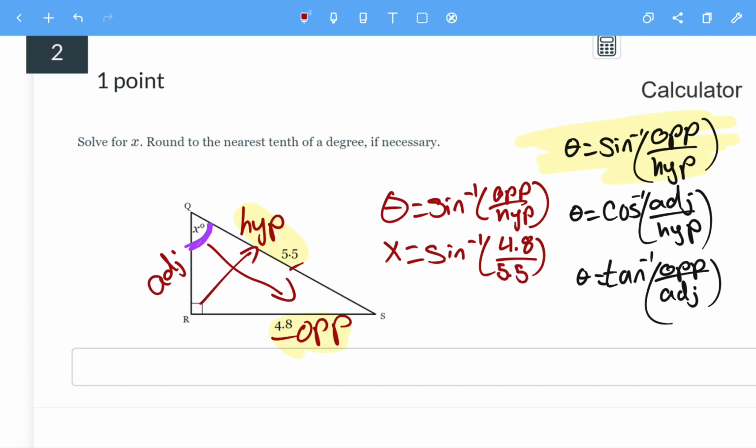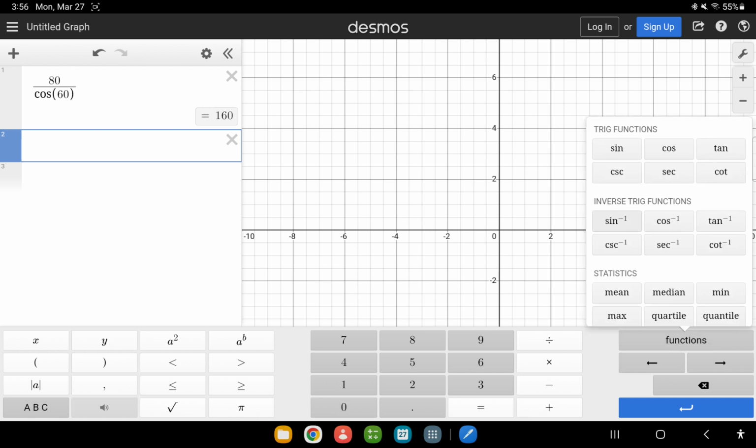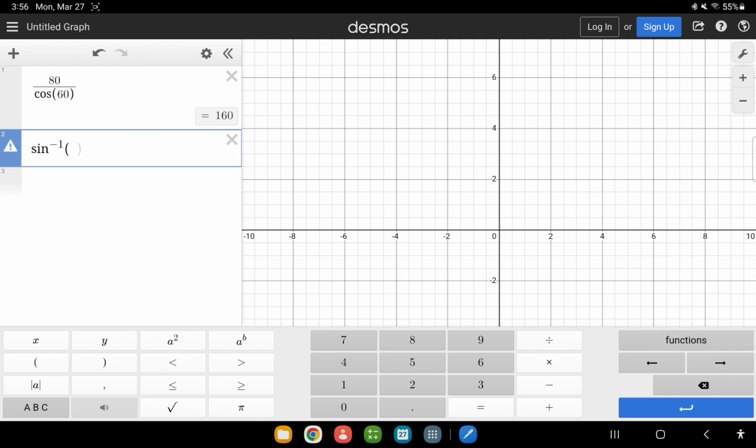And we can just plug this into a calculator. Let's open up Desmos again. All right, here we go. So make sure you use the inverse sine function this time. And our numbers were 4.8 divided by 5.5. Close parentheses. And now when you're doing this, don't put in the letter x because you don't know what x